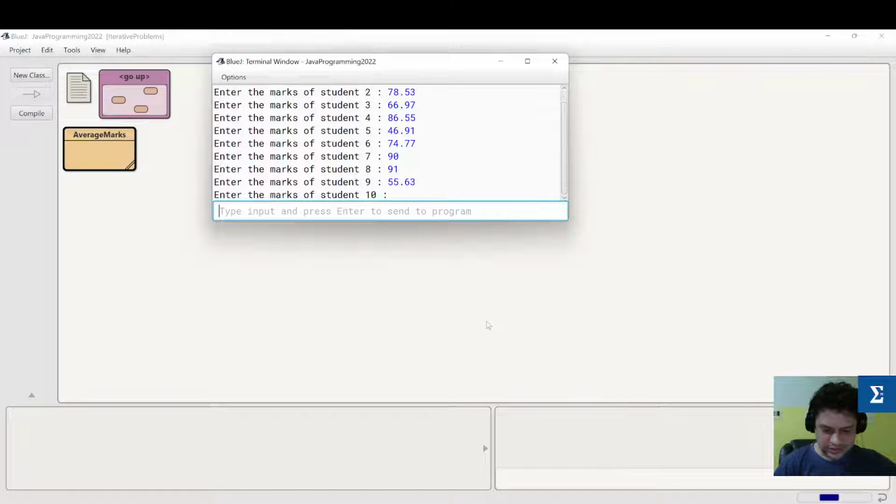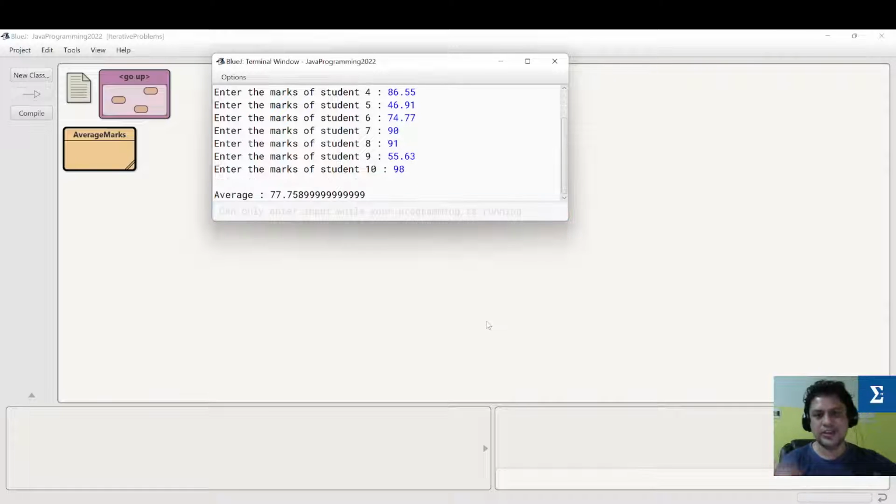Then the last one, let me put here 88. So now you can see the average. The average is